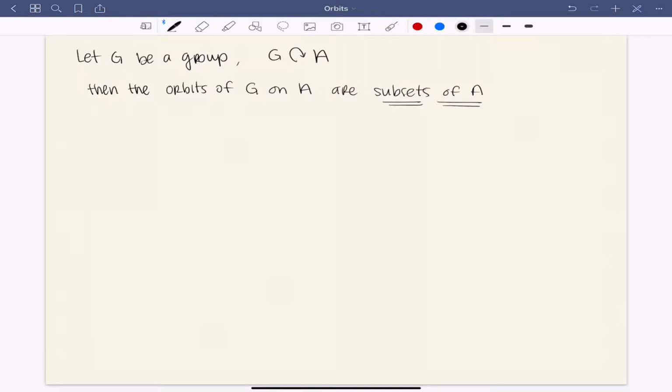Here, when I was talking about stabilizers, stabilizers are subgroups of the group. Orbits are subsets of the set, so of the form. Usually we use O sub A, that'll be the orbit of a little element A, G dot A for G in G. So it's basically, if you think of,